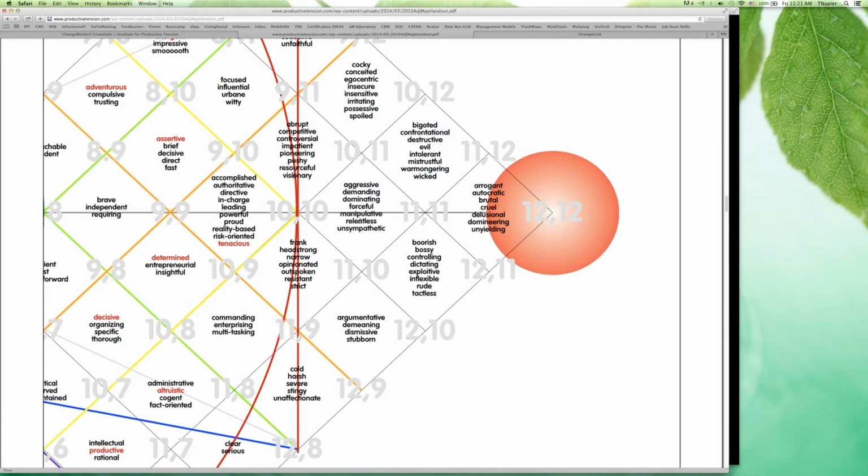Or I could also say to them, tell me a little bit about what you're feeling right now. So, what adjectives would you use to describe your attitudes, your beliefs, your behavior right now? And don't be at all surprised if they start to use some of these adjectives you see surrounding that coordinate pair. And so this map we find to be the most comprehensive and useful reference tool that we've ever developed.